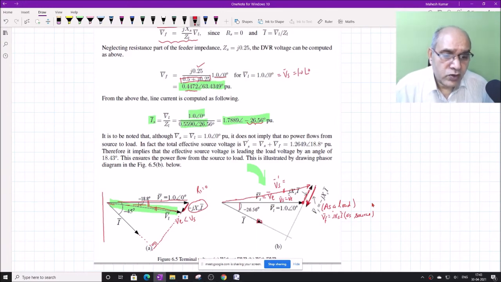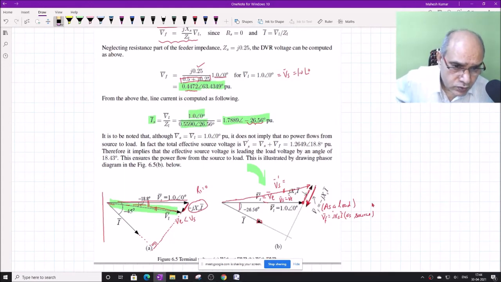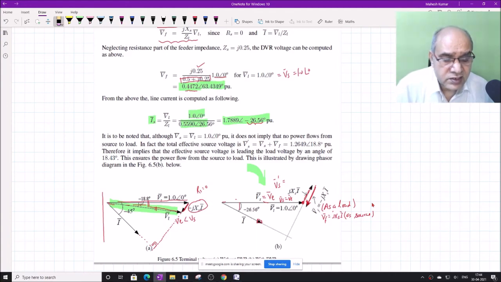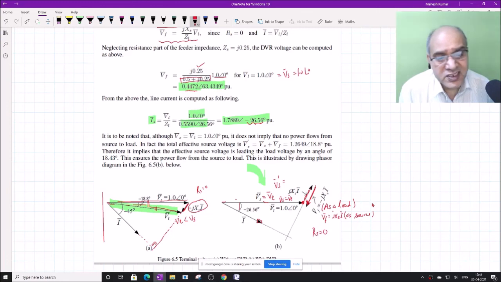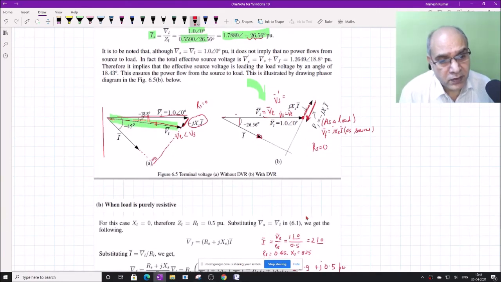Alright. So in this scheme you see that current is here and Bs and Bl are in the same position. This point is not there actually. So this line is not there. And hence this gets the condition that BL equal to Bs. But this only is possible because R is equal to 0. If R is not equal to 0, then it's not possible to realize this scheme unless we have active power support.